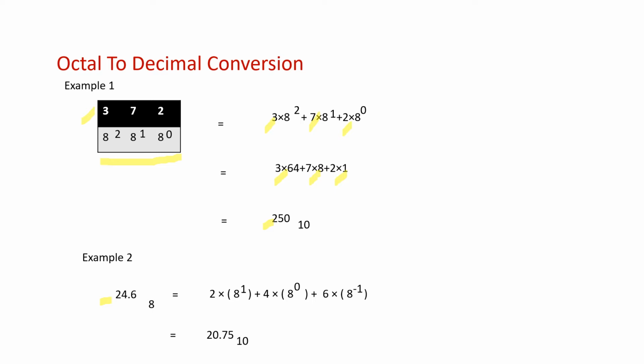It's the octal number 24.6, and we already saw in the previous videos that any digits after the octal point are nothing but negative powers of 8. So to convert it, we are going to multiply by its positional weight. So it becomes 2 into 8 to the power 1 plus 4 into 8 to the power 0 plus 6 into 8 to the power minus 1, as 6 is after the octal point, and the decimal equivalent of the octal number 24.6 is 20.75.